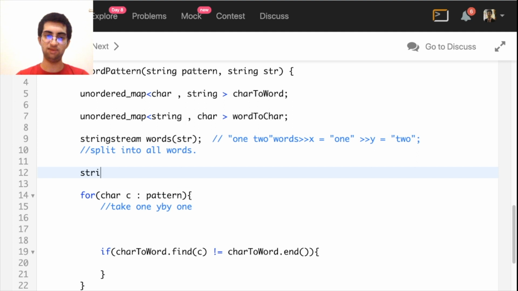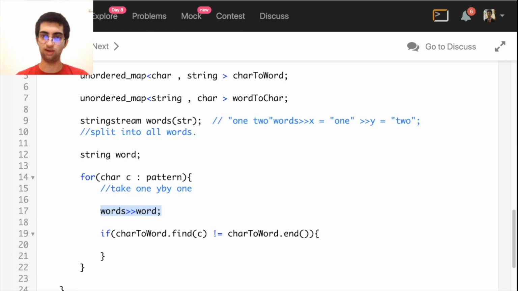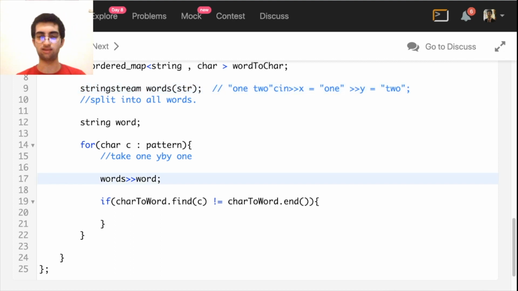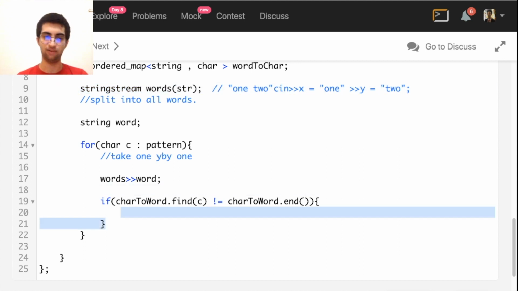Also, one more thing to note over here, I'll have my string word. So I'm taking each character one by one, and I'll also take each word one by one. From the words, like from this cn xy, so cn word. Cn is a string stream, an input string stream. That's how it works. So I'm getting each word divided by the spaces. Now this word is found, then